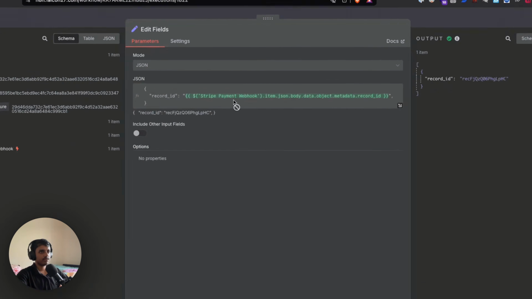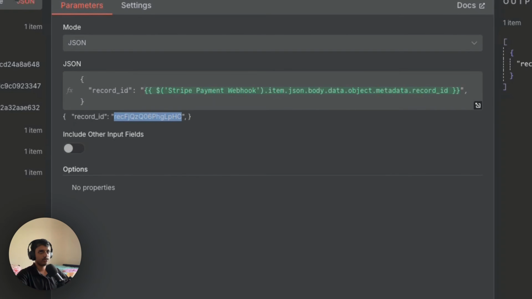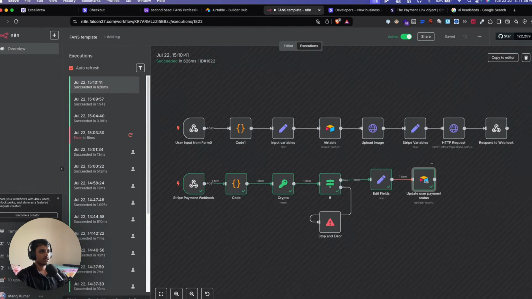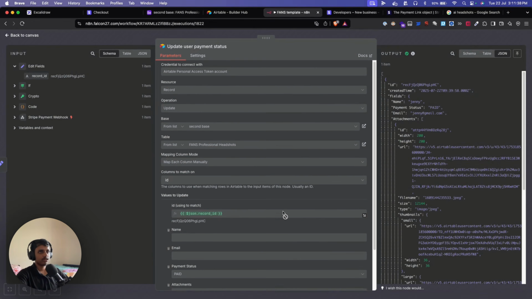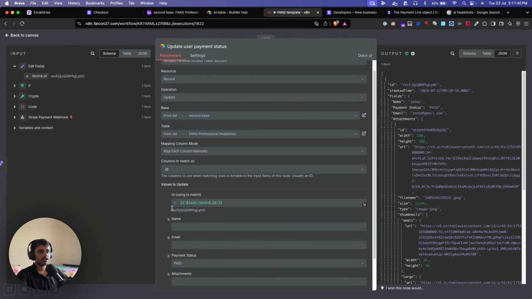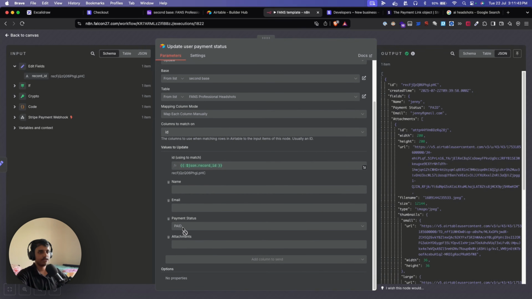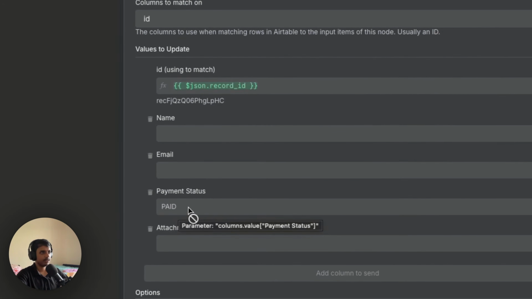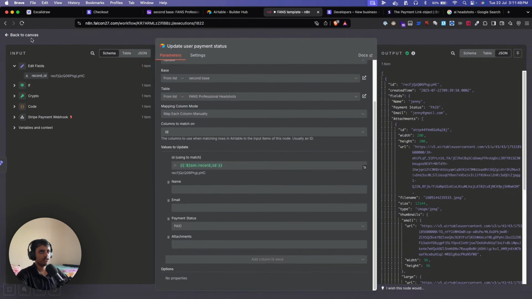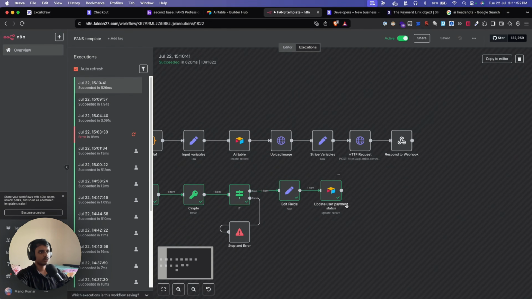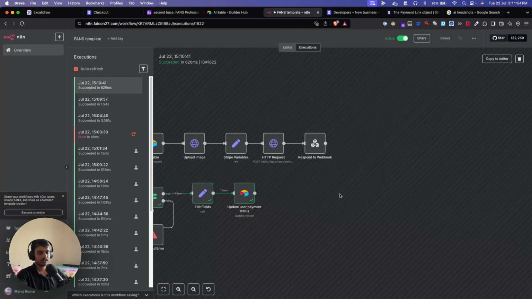And then over here we are getting the record ID from the request, and then we are performing an update action. So we're just selecting the same record again and setting the payment status to paid. That's what we're doing here, and then we can get the same record. And after this is where you need to add your own logic, maybe using your own proprietary model to perform the image generation or something like it. It all depends on your